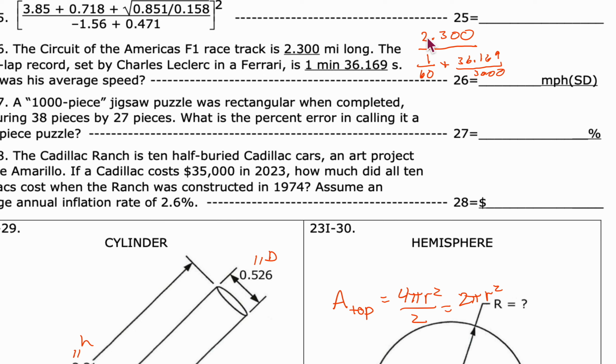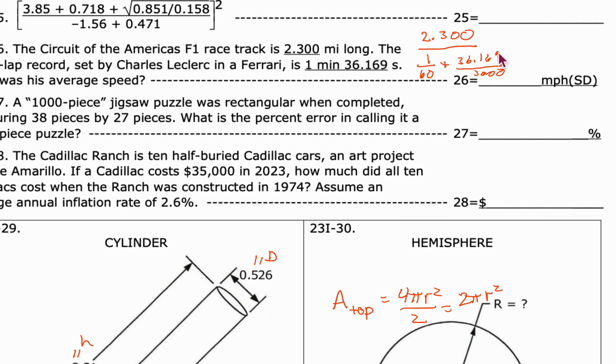Well, we look at 2.300, right? That guy had 4 significant digits. Let's look at the minute and 36 seconds, because we have to do unit conversions there. Whenever you do unit conversions, those conversion factors are assumed to have infinite precision, or an infinite number of significant digits. So when we take the 36.169 and divide by 3600, 36.169 is going to have 5 significant digits there. To that, we're going to add the 1 significant digit of the minute. So when we convert this entire answer into an hour, it is going to have 1, 2, 3, 4, 5,